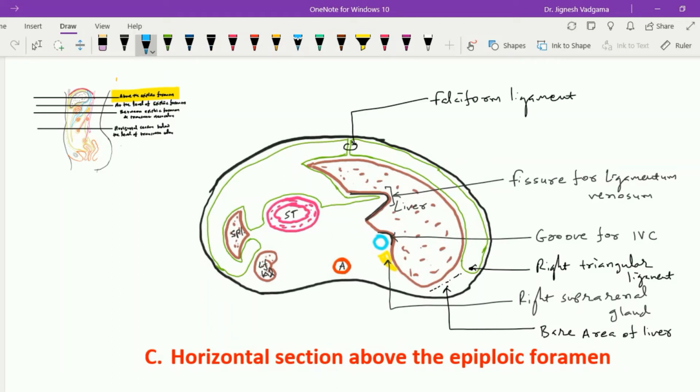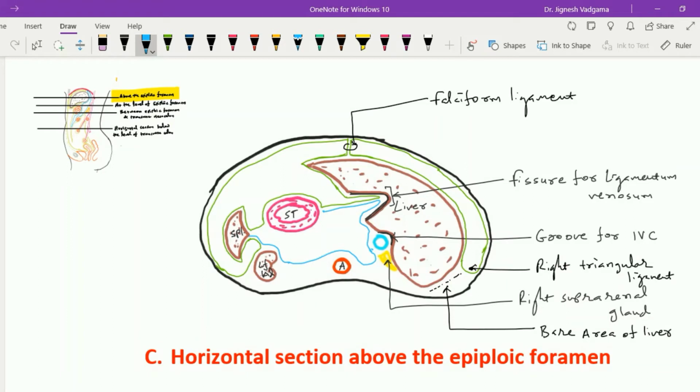Now just behind the stomach we find the lesser sac, and this lesser sac layer is going to form the posterior layer of the lesser omentum, and it reaches up to the fissure for the ligamentum venosum. It covers the fissure for the ligamentum venosum, and then it is going to cover the inferior vena cava as well as the right sided suprarenal gland, and it is going to cover the abdominal aorta and reach up to the kidney, and here this layer is going to form the anterior layer of the lienorenal ligament,